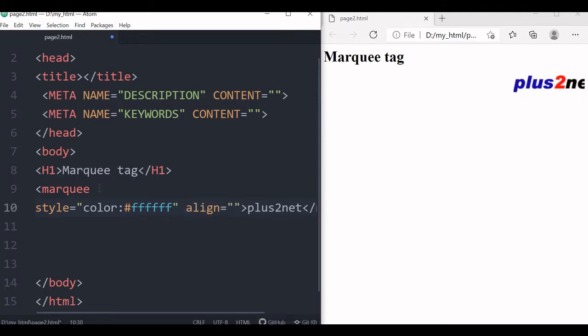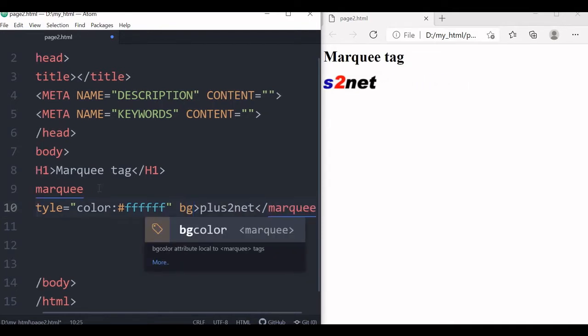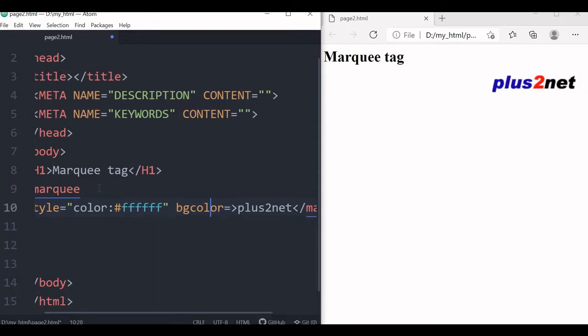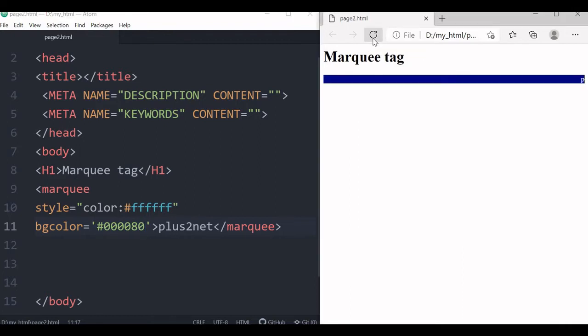So with this matching white font, we have to give a contrast background color. So we'll say bgcolor equal to, now let me just bring it to next line. Yeah, bgcolor equal to, let's give a deep color, so 480. Fine, this is a deep blue color I am planning. So fine, let's save it and refresh how it looks. Yeah, you can see the background color is deep blue and font I have made it white.